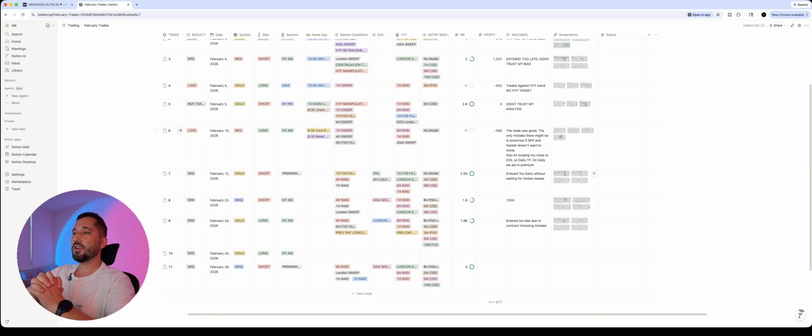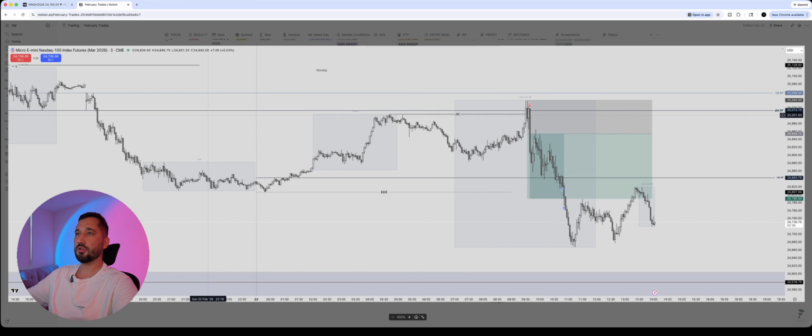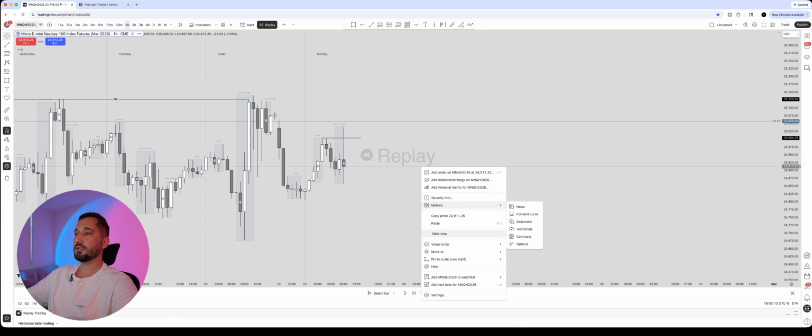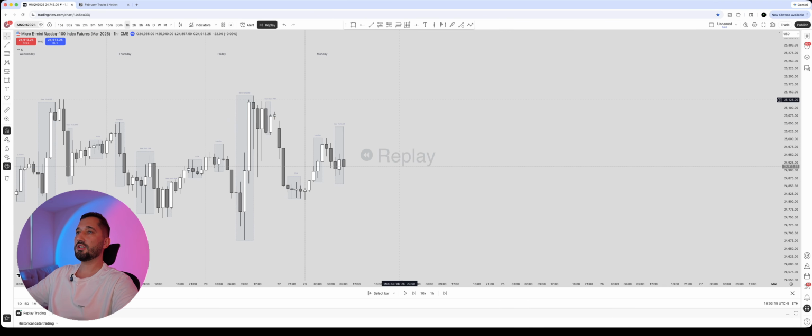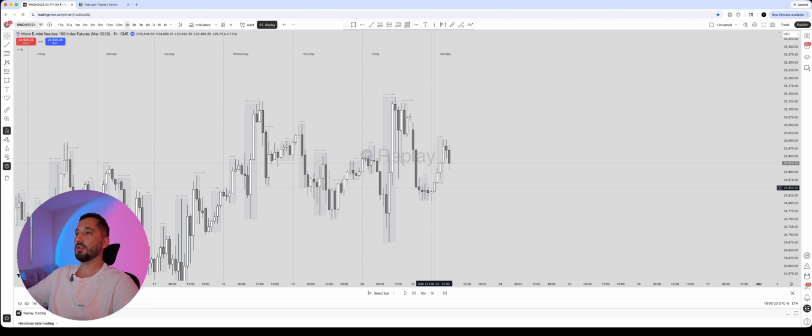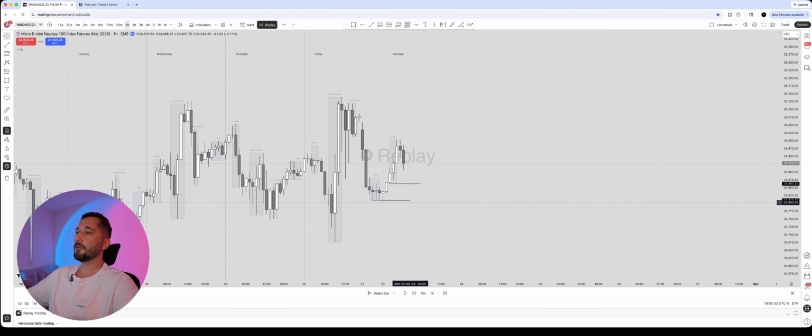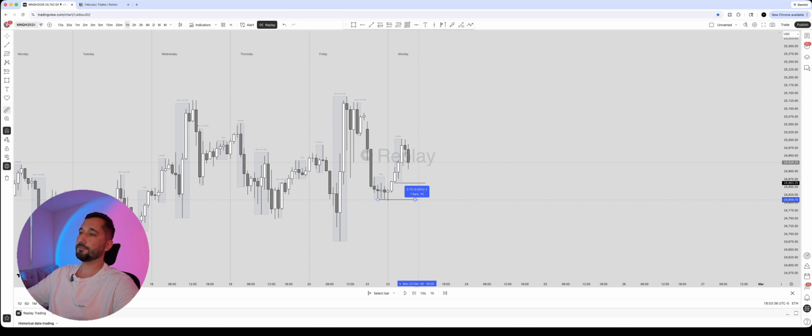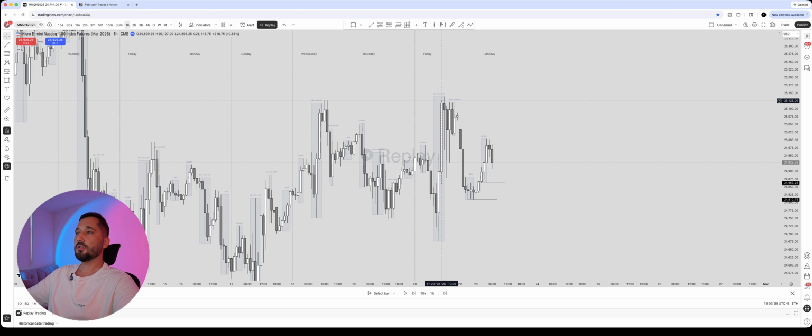Okay, so the first trade I want to show you is a short trade on NQ that I took on February 23rd. Here's my journal, here's a screenshot. The idea of this model is, if I want to short, I don't want London lows to be taken before New York open and Asia lows to be taken by London. So I want both of these lows to be not taken. So on Monday